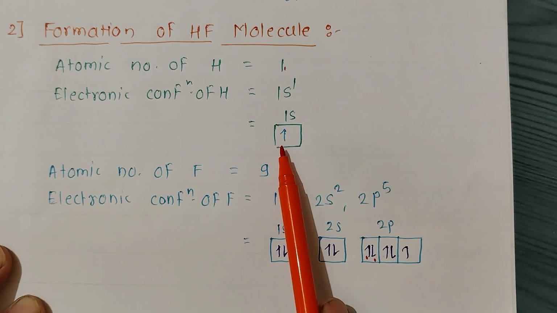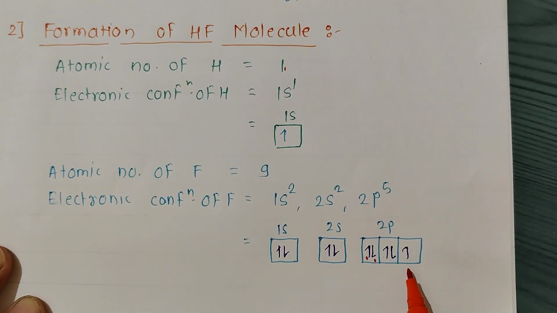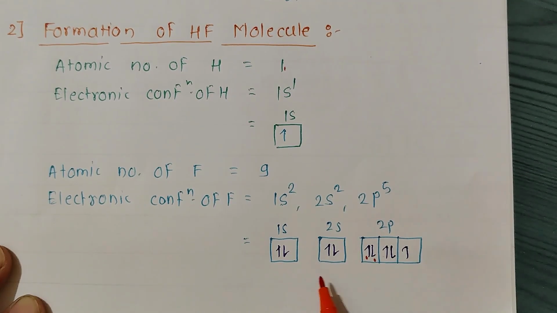So this one electron of hydrogen requires one electron to complete this 1s shell. Similarly, for fluorine, one electron is required to fill this suborbital of 2p. So fluorine can form one bond. But when we see